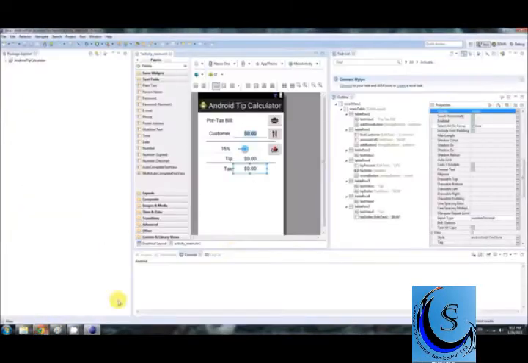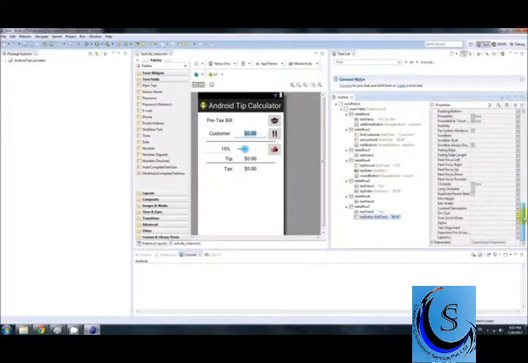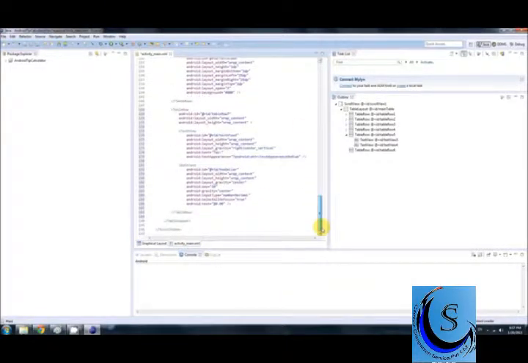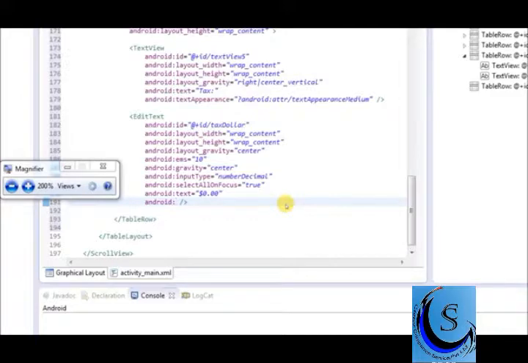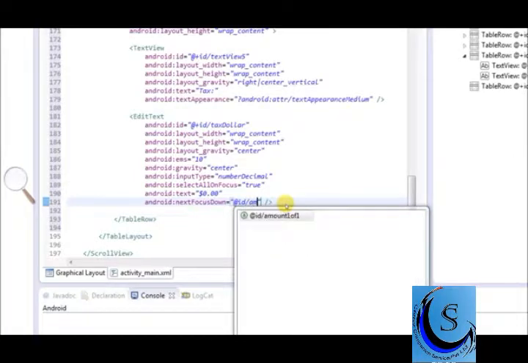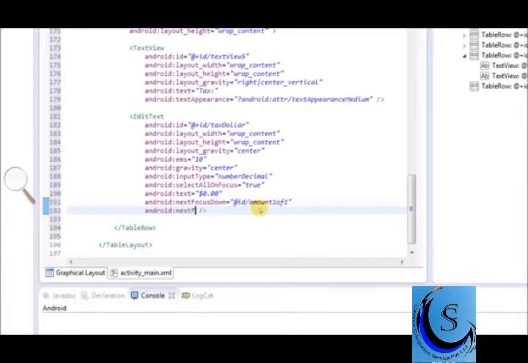We're almost done, honestly. One thing that we're going to change is this. And I don't think it's in the properties window, at least I don't see it. So let's go into XML. So for the tax dollar edit text, add the following: android:nextFocusDown equals @id/amount1of1, and android:nextFocusRight equals